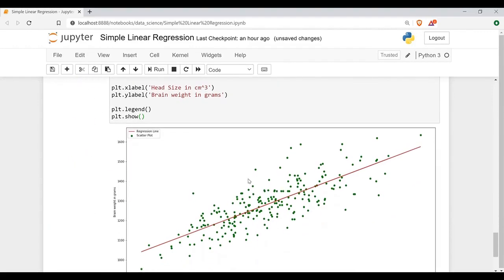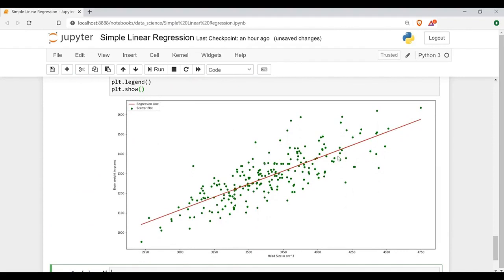Now we also see the scatter plot, and within this we see this red line, which is nothing but the best fit line, or the regression line. This is our predicted value. All the predicted values fall on this line, and these green ones are our observed values. So green ones are observed values, and this line is our predicted line. Now this is what we have got.